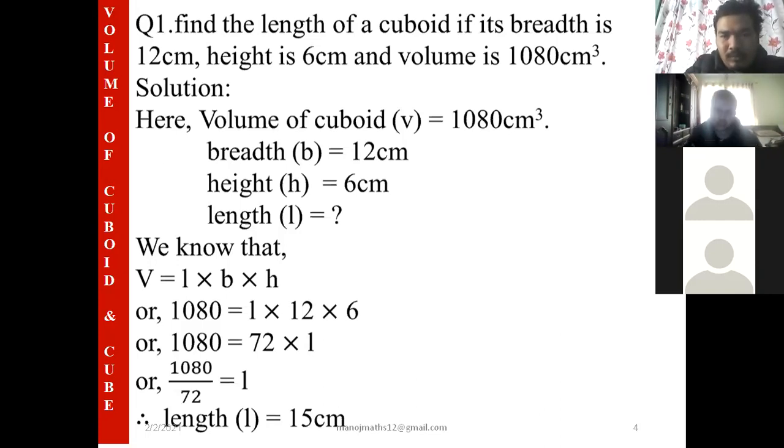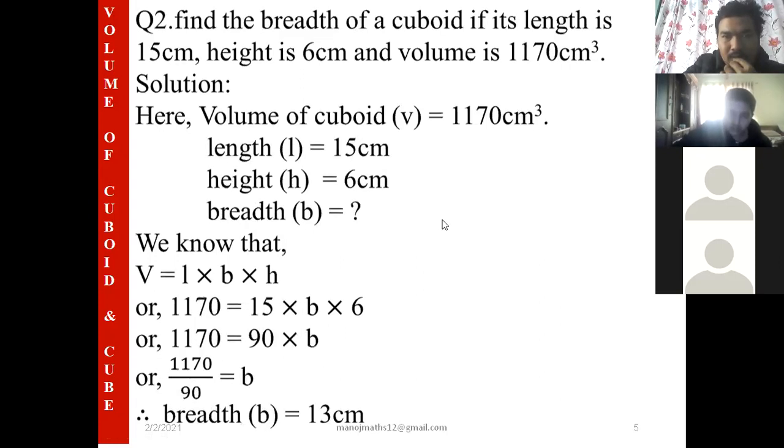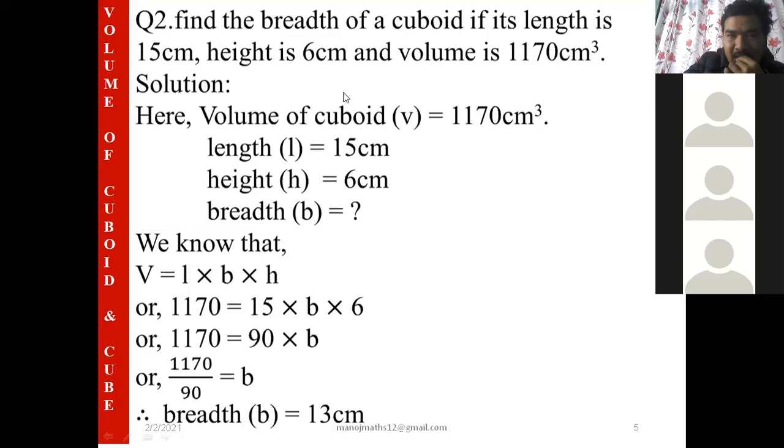Sir, I took the screenshot. Better to write directly in the copy. Yes, sir, done. Yes, sir, you can move it. You are not looking at the screen. It is already shown there.